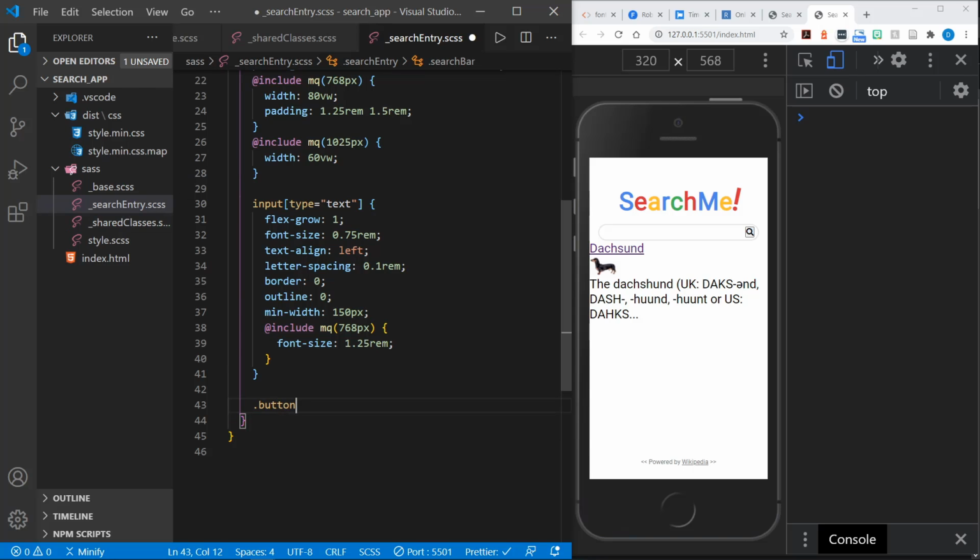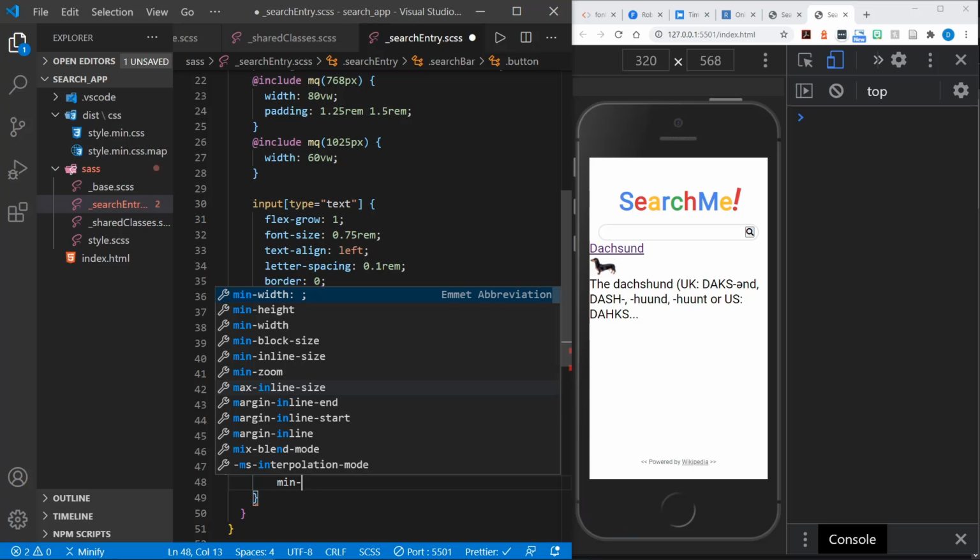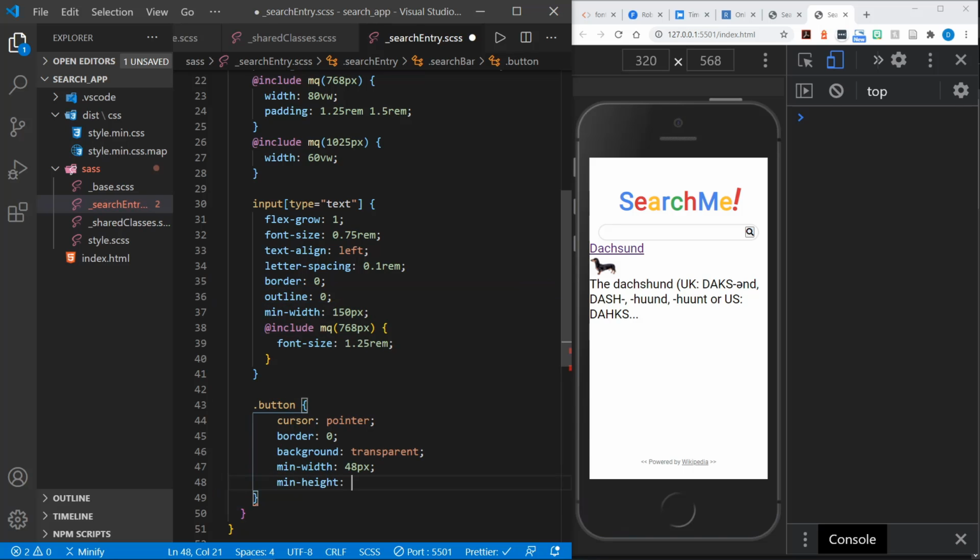We'll address the button class first because this applies to all buttons. Give a cursor of pointer, border 0, background transparent, because here we will just want the Font Awesome icons to show and not necessarily an actual color button to show. 48 pixels for min width and for min height, and this is because that's about the size of a finger or thumb,